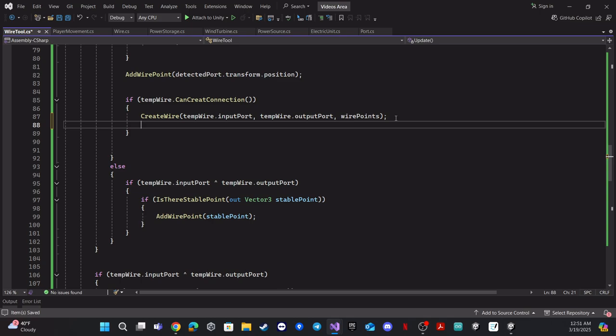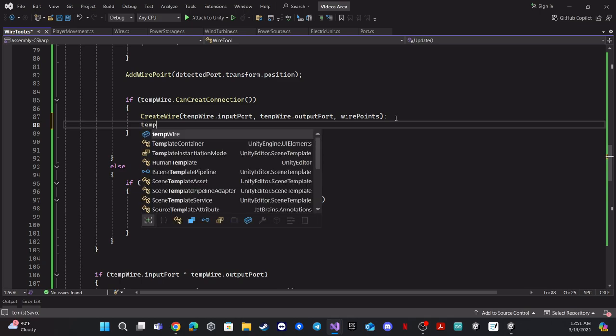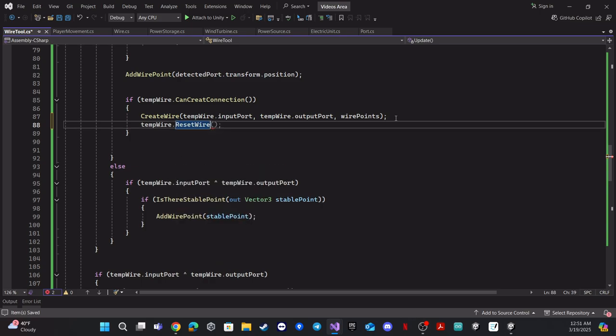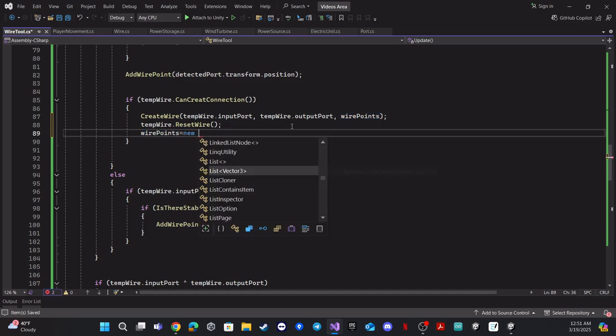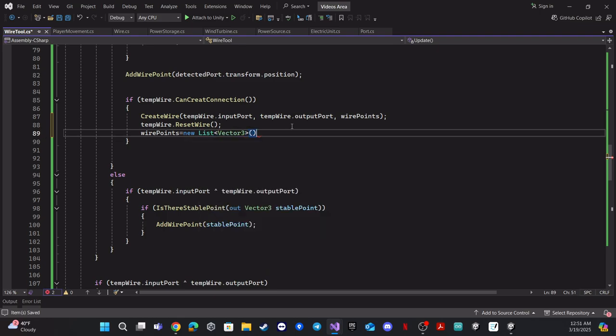After doing that, we need to reset our temporary wire. So temp wire dot reset wire, and we need to reset also this list. So this list also is equal to new Vector3 list. Yes, perfect. So let's go back to Unity,